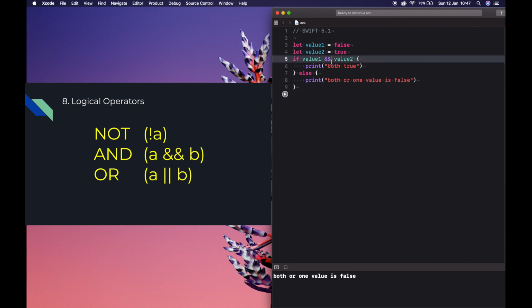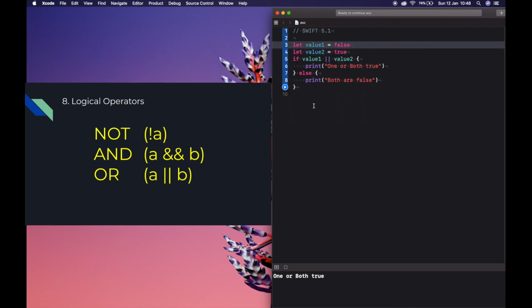For example, we can check OR with value true. Here, one or both are true. We can change one to false. This will go inside the if condition.